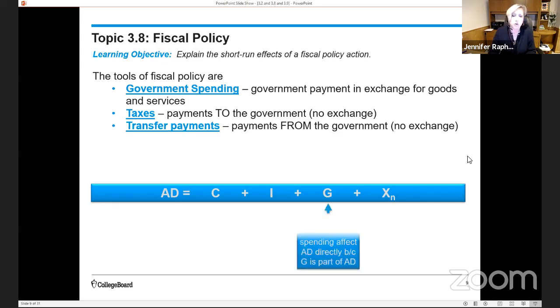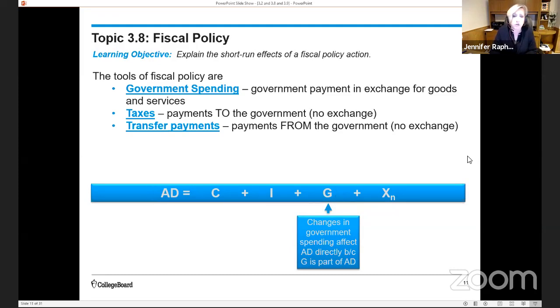imports. So when the government changes the amount of money it is spending on the purchase of goods and services, it has a direct effect on aggregate demand because government expenditures are part of aggregate demand. So if government spending increases, then aggregate demand is going to increase because G is part of aggregate demand. And then the reverse is also true. If government spending decreases, all else equal, aggregate demand will fall because of the decrease in government spending on goods